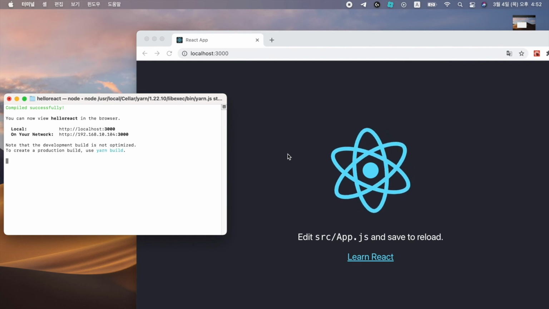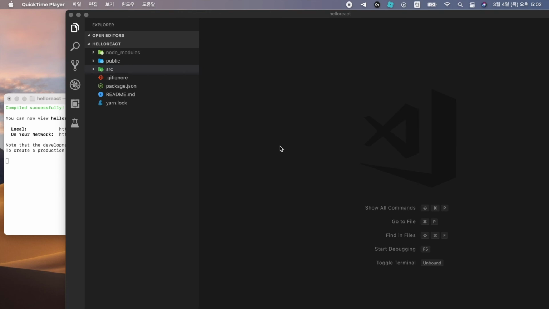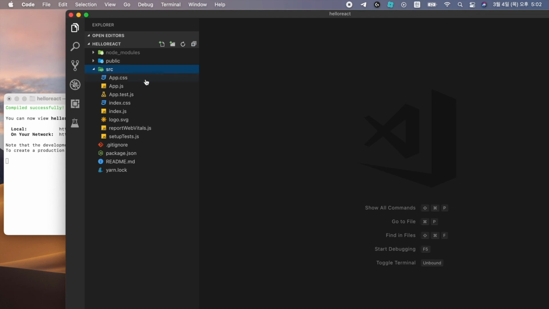Let's check it. Now, if you look at the contents with Visual Studio Code, this hello-react project you are making and viewing is the project that we created through CRA. In the src folder, you can see various files were created starting with App.js.